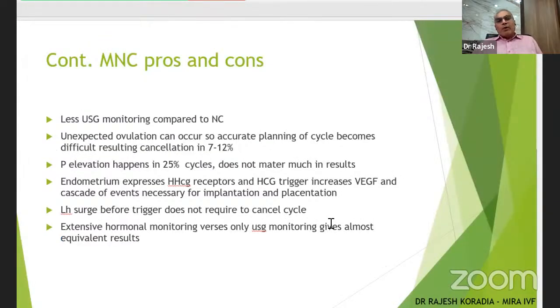What are the pros and cons of a modified natural cycle? There is less sonographic monitoring compared to a natural cycle. Unexpected ovulation can occur, so accurate planning of the cycle becomes difficult, resulting in cancellation in 7 to 12%. The P4 elevation happens in 25% of cycles, which does not matter much in the result. The endometrium expresses the hCG receptor, and hCG trigger increases VEGF and a cascade of events which is necessary for implantation and placentation. LH surge before trigger does not require cancelling the cycle, but modifying the cycle. And extensive hormonal monitoring versus only